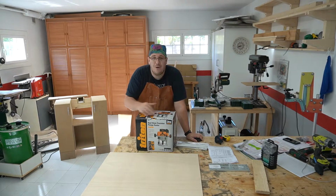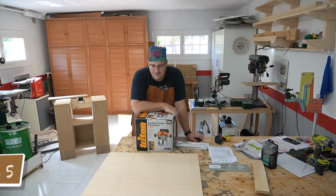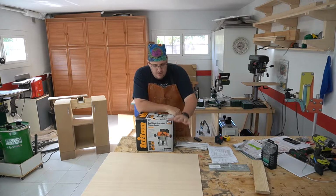Well, not only did I manage to order it, but also the router was delivered. So this makes me even more eager just to get this project done. I think as planned, I'm going to do the drawers. So I'm going to use this